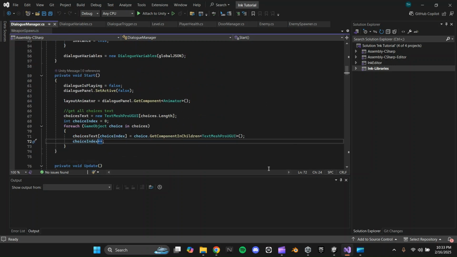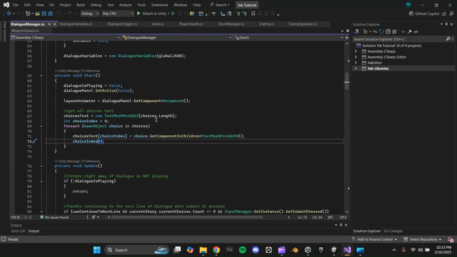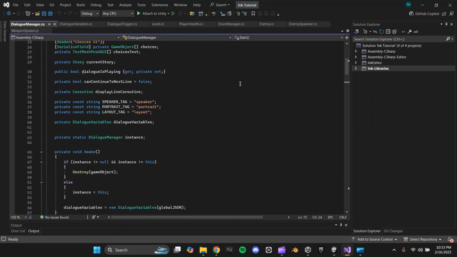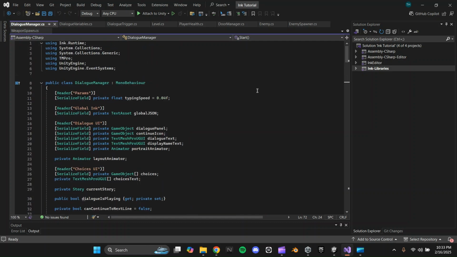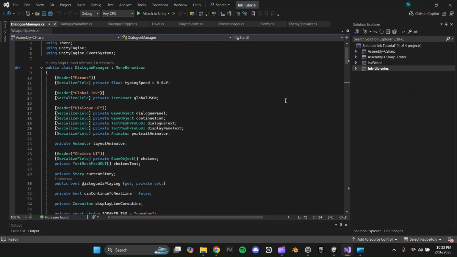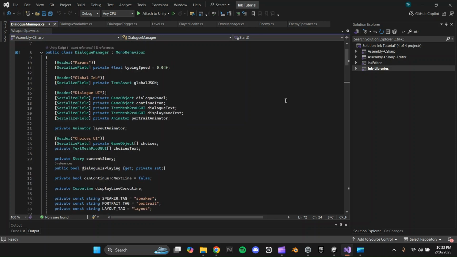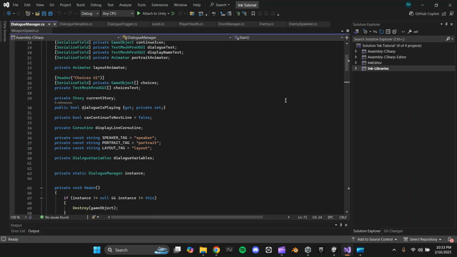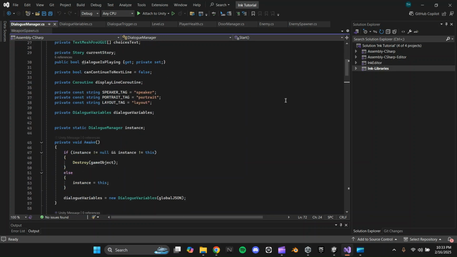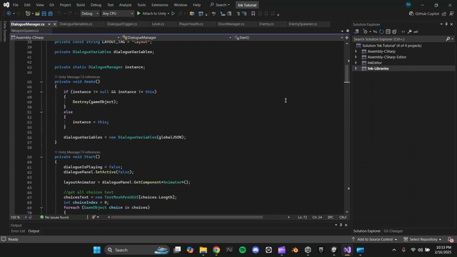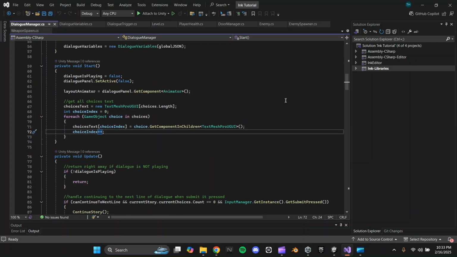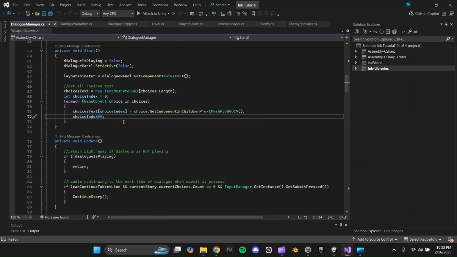Now this is pretty much the heavy lifter when it comes to the, let me see if I can pull this down a bit. I'm going to drag it up and then drag it down real slow, because as I said, this is the heavy lifter. We have a whole bunch of open fields, if you will, open variables. And so on start, we're going to set some stuff, including a brand new,